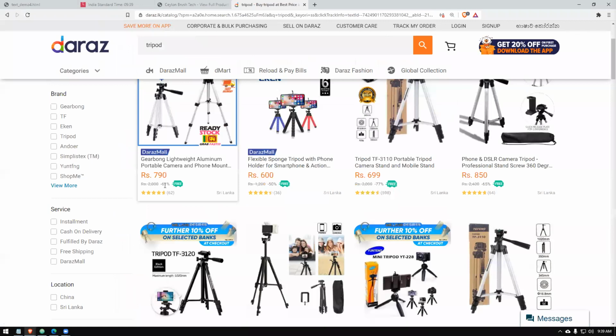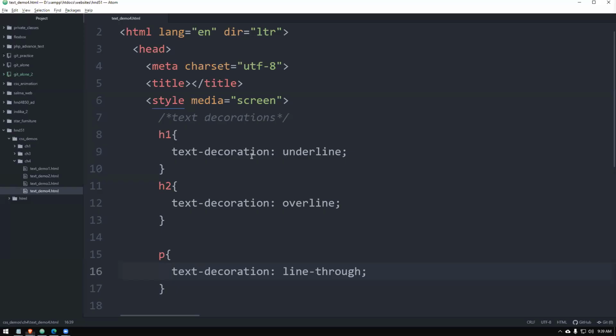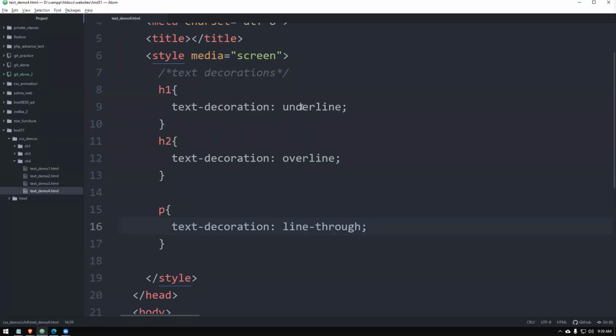So it says 61% discount is there. This is also text. So you are simply using this property, which is the property line-through. So underline is there, overline is there, line-through. Then one more important thing is there, which is called text-decoration none.